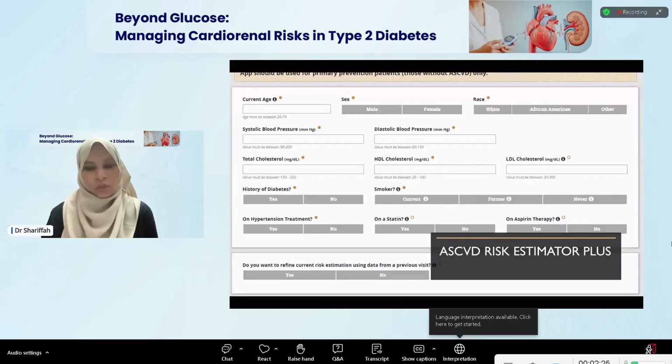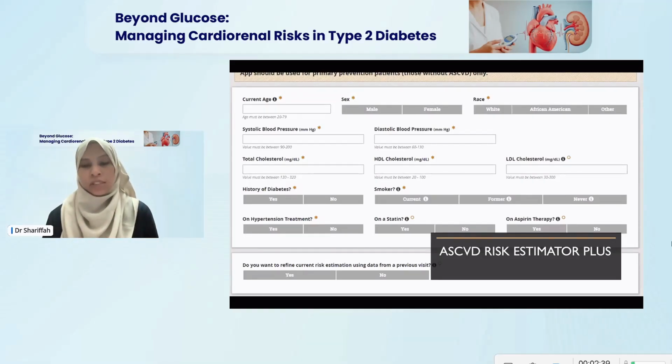So I'll share with you a few risk classification tools. I don't think that we should localize it in one's context because there are many out there, well, a few out there, but it has to be very individualized to the population because they use population health data. So one population may differ from another population. So the first one is this ASCVD Risk Estimator Plus, and this is for primary risk scoring. So for patients who've never had any cardiovascular disease before, asymptomatic. And this estimates your 10-year risk of getting a heart attack or stroke for asymptomatic men and women. And this is usually validated for the